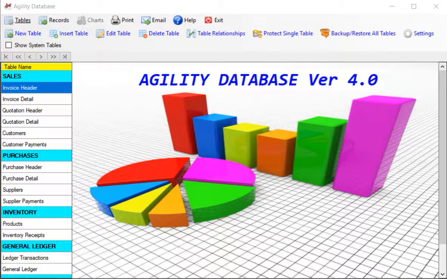Agility database is a fully relational database. It incorporates lookups, calculations and posting between the tables. Before we discuss the program in detail, I'd just like to cover the